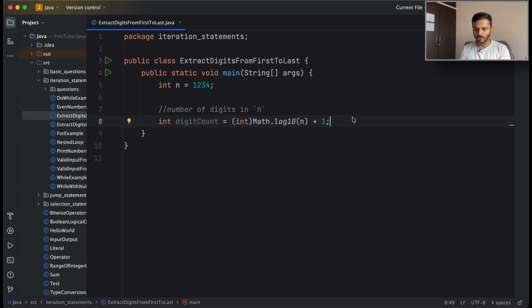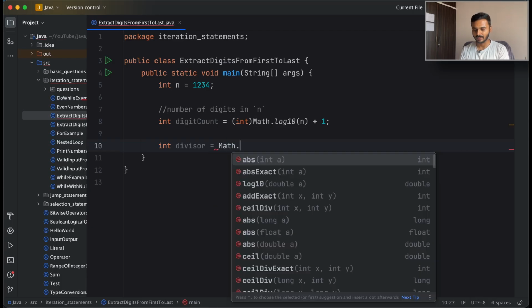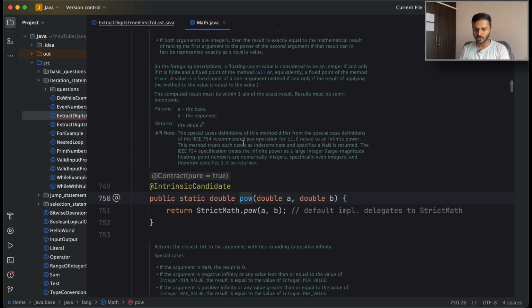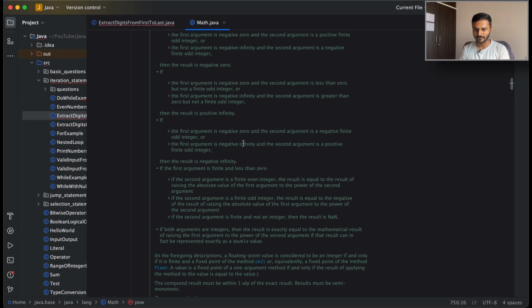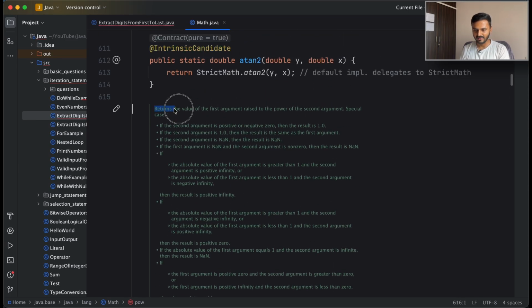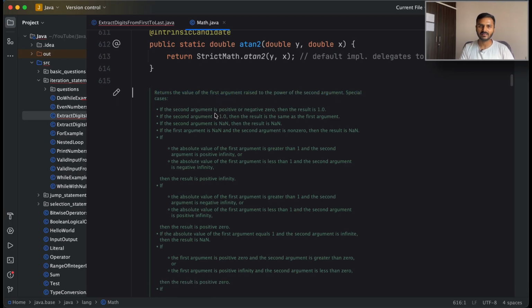So with digit count in place, what we will have to do is calculate the divisor. And we know that this will be calculated using the POW method that is there in the math class. So we'll say math.pow. Now let me first of all go to the implementation and documentation and show you what it says. Pretty long documentation. It says that it returns the value of the first argument raised to the power of the second argument, which is essentially saying that if you pass x and y, it will go for x power y and then return